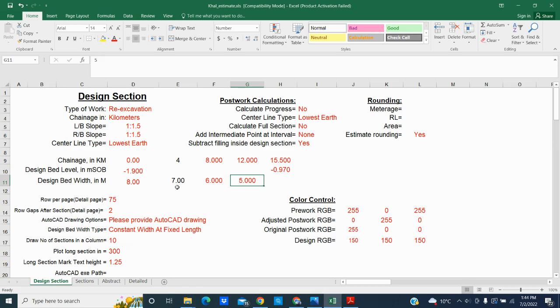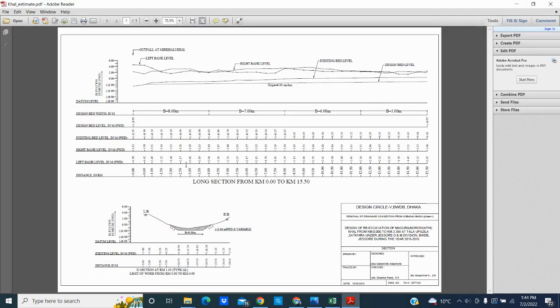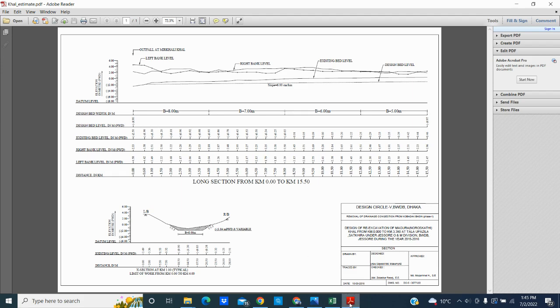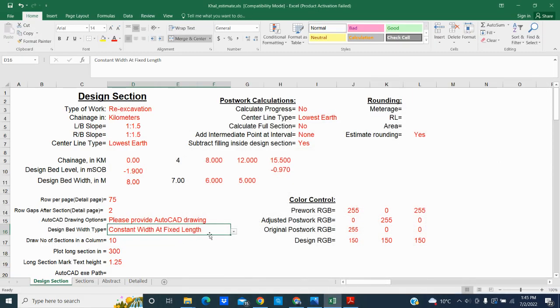So for this type of design, where the bed width is fixed at a fixed length, constant width at a fixed length, we have to choose design bed width type. Another type of design can be where the bed width here is 8 meter and the bed width here is 5 meter, and in between every place the bed width is interpolated. In that case, if that was the design, we would select interpolated width. But as our design is fixed for the fixed length, which is constant width at fixed length,